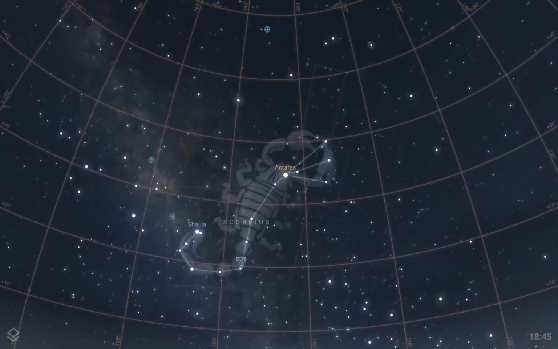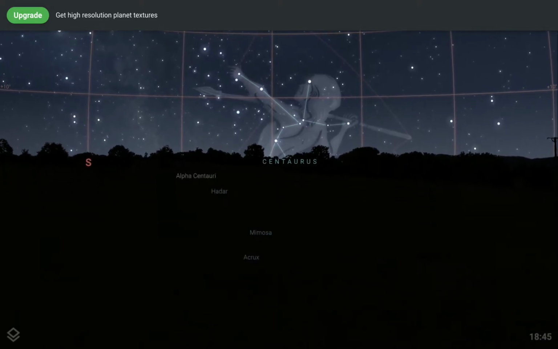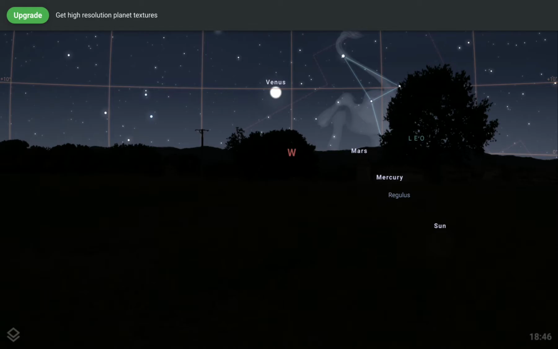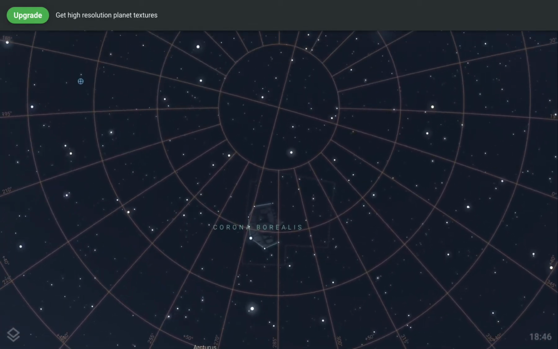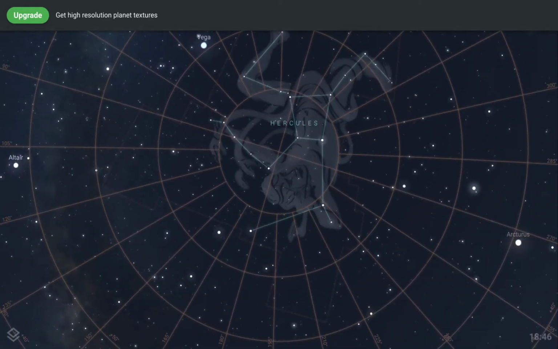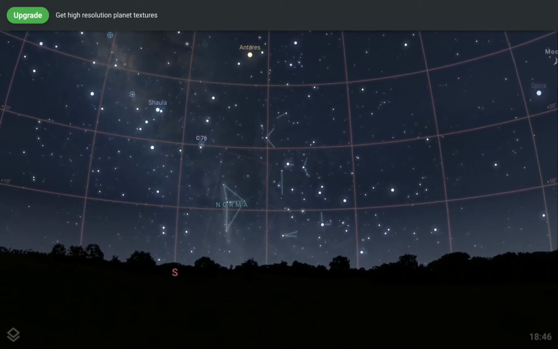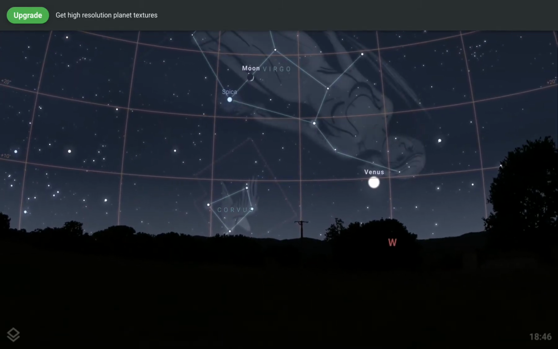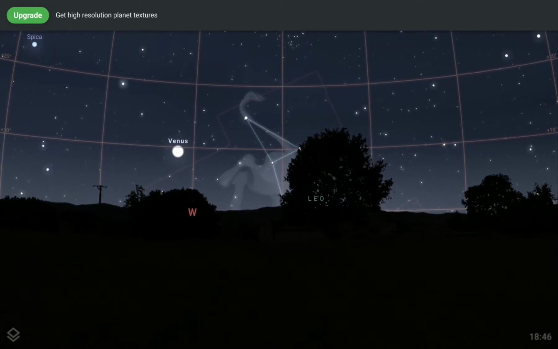Today I will give you an introduction about the Stellarium app, which is installed in my tab. The Stellarium app is very useful. Today I'm going to show you how it is useful, all the settings, and how we can use it. This is very virtual, we do not need any kind of heavy gadgets. We can download it from the Play Store and you can get this app.